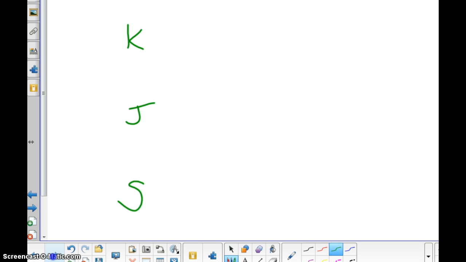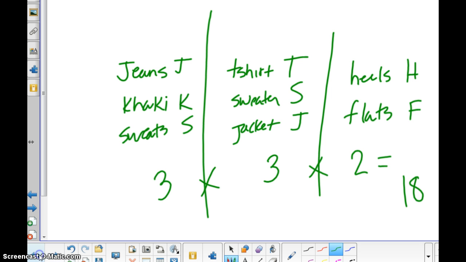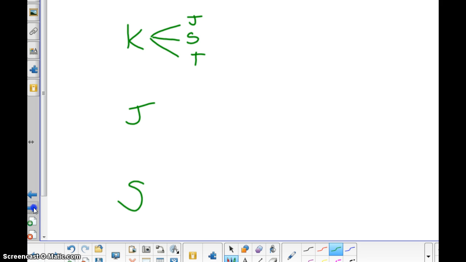Now, how many branches are going to go off of my pants? 3. So here's what a branch with 3 looks like. Okay, we had a jacket, a sweater, and a, what was the other one? I gotta go back. T-shirt. Okay, same thing here. J, S, T. We'll put them in the same order. J, S,